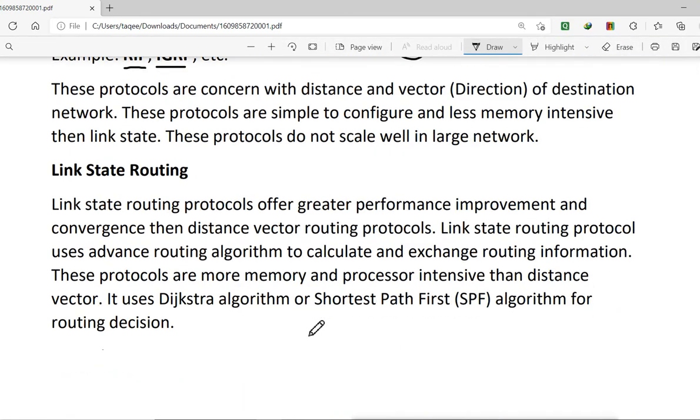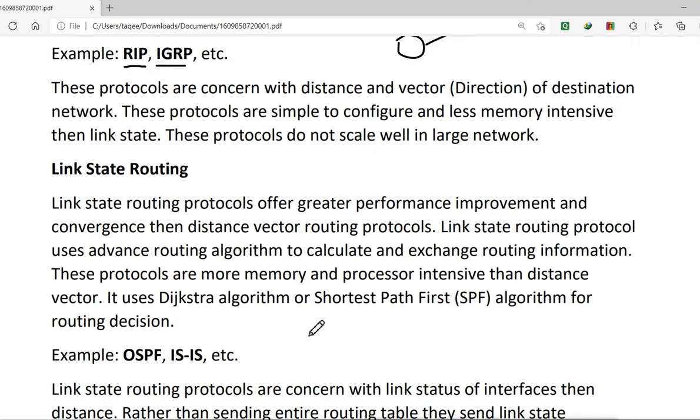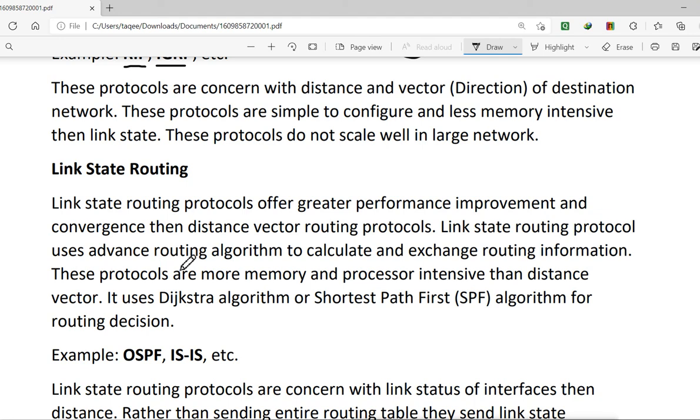Now the link state routing protocol technology. These protocols offer greater performance improvement and faster convergence than distance vector. It is a very good protocol compared to distance vector. Link state routing protocols use an advanced routing algorithm to calculate and exchange routing information, and they are more memory and processor intensive than distance vector.